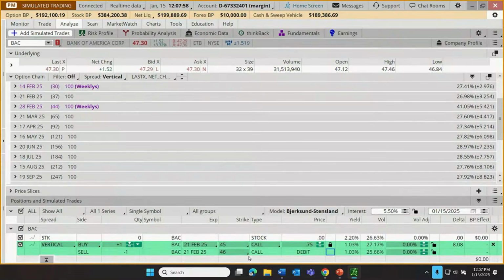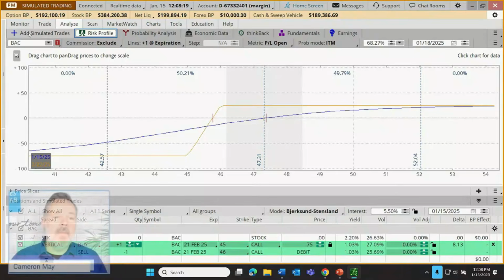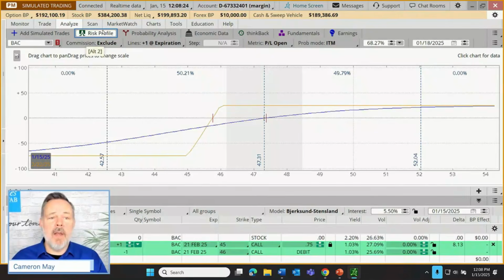Now, for those of you who trade vertical spreads, you might look at this and say it's a dollar wide spread, it's a 75-cent debit, so there's a 75-cent potential loss. Through the 21st of February, a 25-cent potential gain. All of that might already be going on in a trader's mind, but it can also just be helpful if we have a chart that displays all of that. So once we've built a trade on the Add Simulated Trades, the trader can then just skip right over to this risk profile tool. And just as the name implies, this is showing us the potential risk of the trade at expiration, as well as the potential for reward of the trade at expiration.